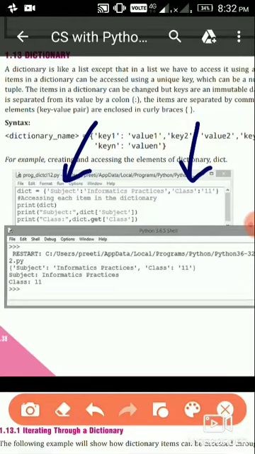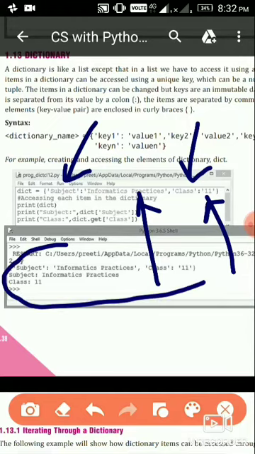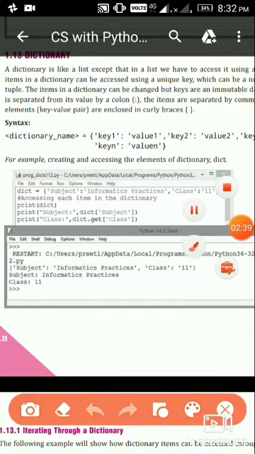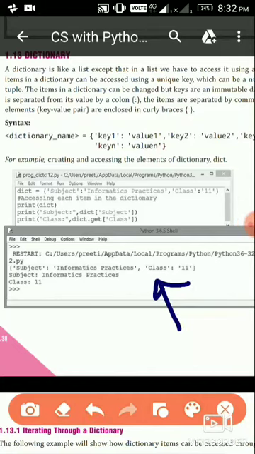The value of subject is informatics practices, and the value of class is 11. So when we print the dictionary we get the whole dictionary: the key subject, its value, then the key class, and the value 11.